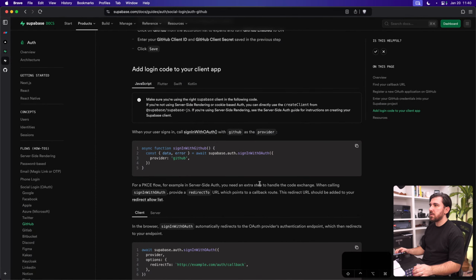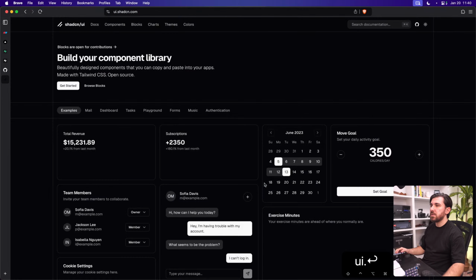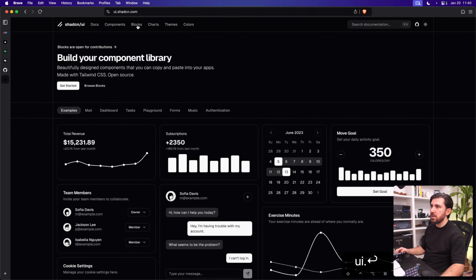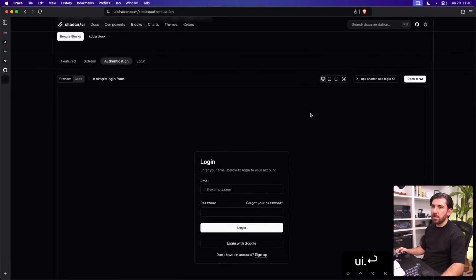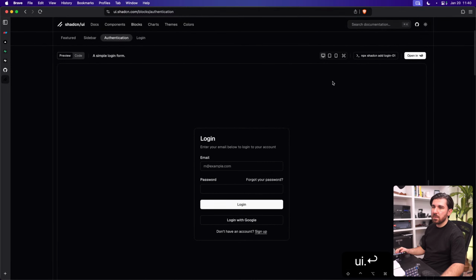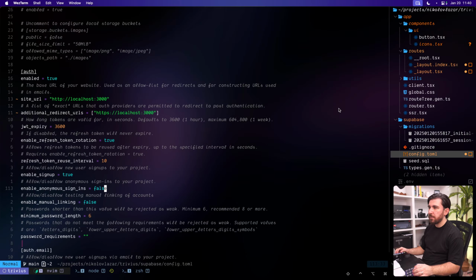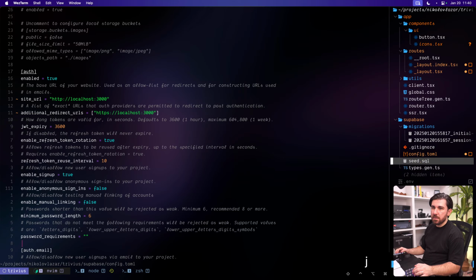Username and passwords. I'm gonna go to UI.ShadCN, just rip out one of these blocks. Authentication. There we go. There's a login. I'm just gonna copy this. Where is it? Oh, there's a command for it. Very nice. Very nice. All right, so